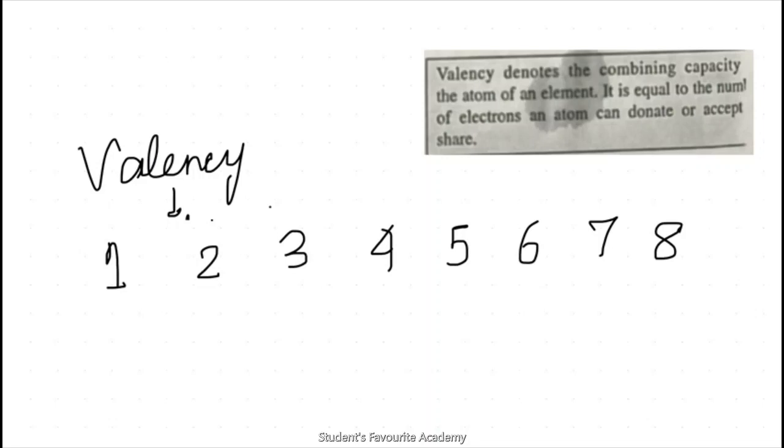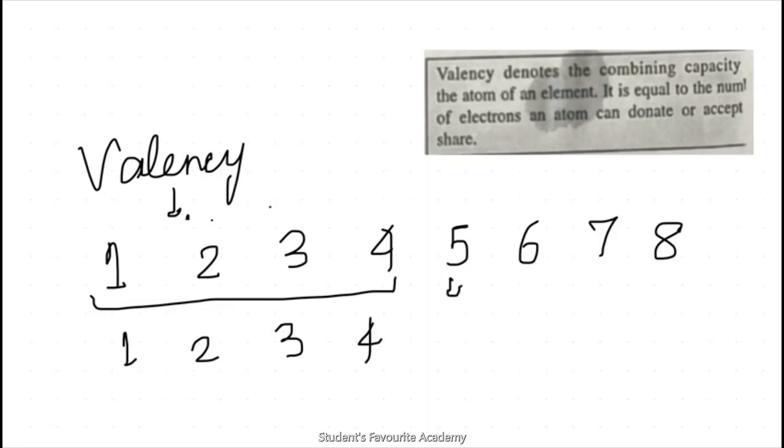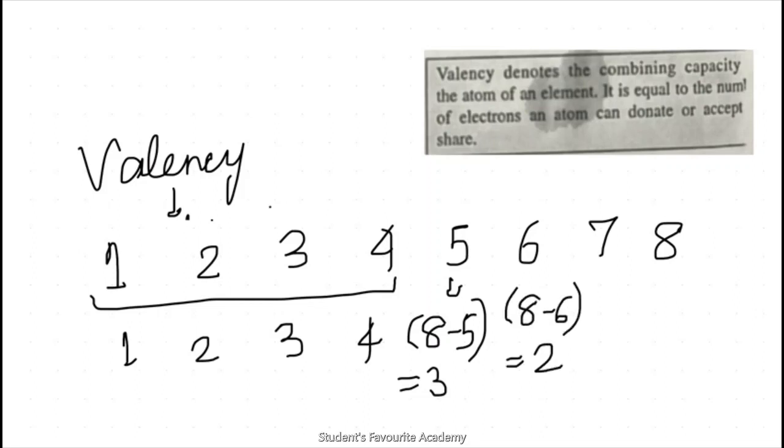For valence electrons 1, 2, 3, 4, the valency is always equal to 1, 2, 3, 4. Now as we move to 5, 6, 7, 8, the valency is not equal to 5, 6, 7, 8, children. For 5, the valency will be 8 minus 5, that is equal to 3. For 6, the valency will be 8 minus 6, that is equal to 2. If the number of valence electrons is 7, the valency will be 8 minus 7, that is 1. And if the number of electrons is 8, the valency will be 8 minus 8, that is equal